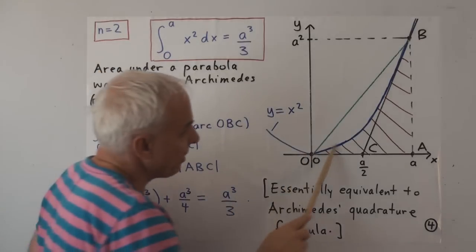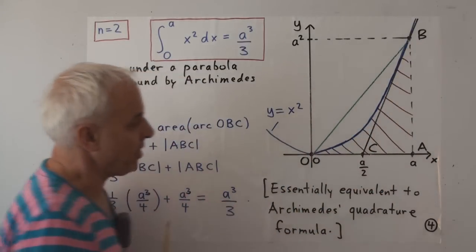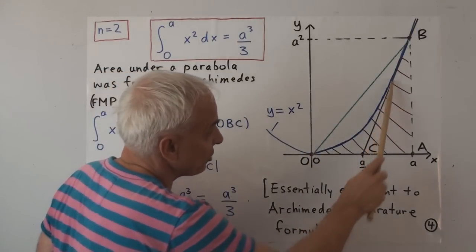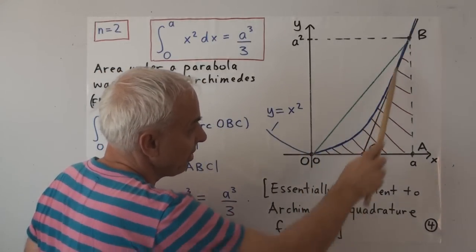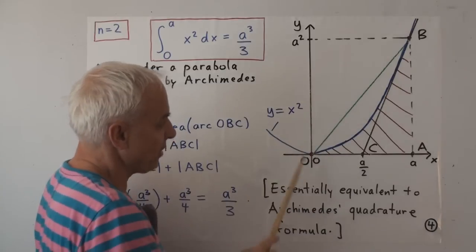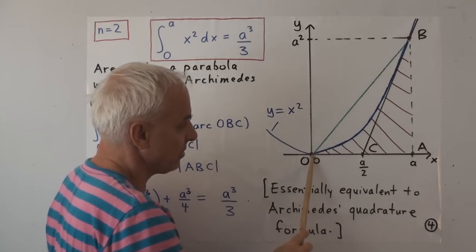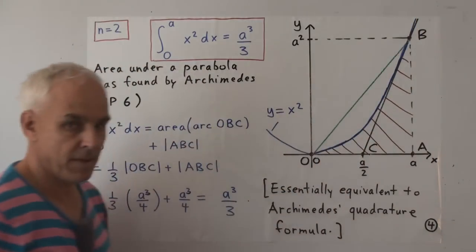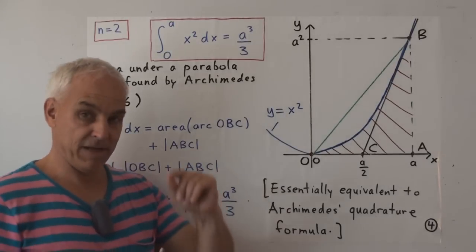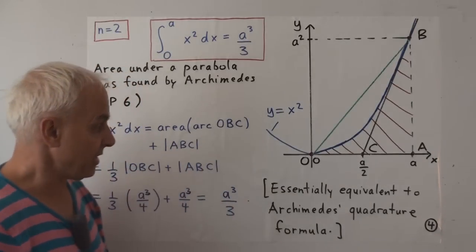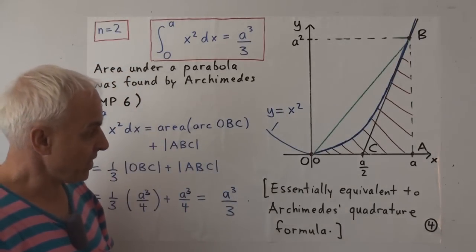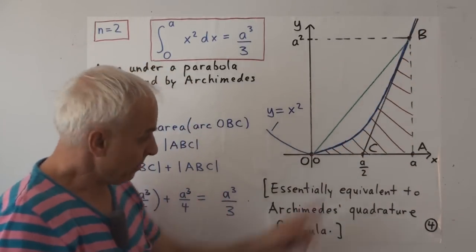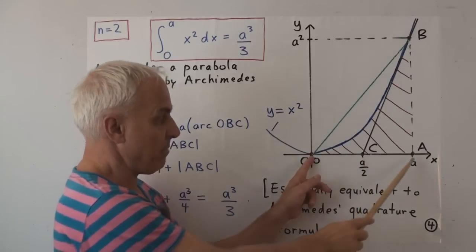All right, so we can think about this area under the parabola in terms of two pieces. There's the piece that's contained in this sort of tangential triangle, the triangle formed by the tangent at the origin and also the tangent at this point here. And one of the things that Archimedes realized, that we established in the famous Math Problem 6 video, is that this tangent and this tangent here meet at a point which is halfway between these two.